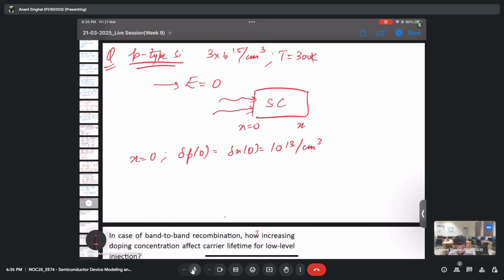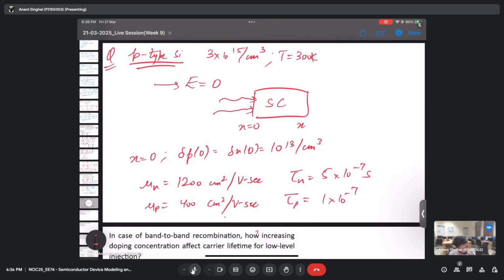So assume the following parameters. mu n is given, that is mobility, which is 1200 centimeter square per volt second. Then we have tau n, that is the minority carrier's lifetime, which is 0.5 microseconds. So I'm writing it in seconds. The mu p is also given, is 400 centimeter square per volt second. The tau p is 1.1 microseconds. So what we need to calculate is the electron diffusion current density